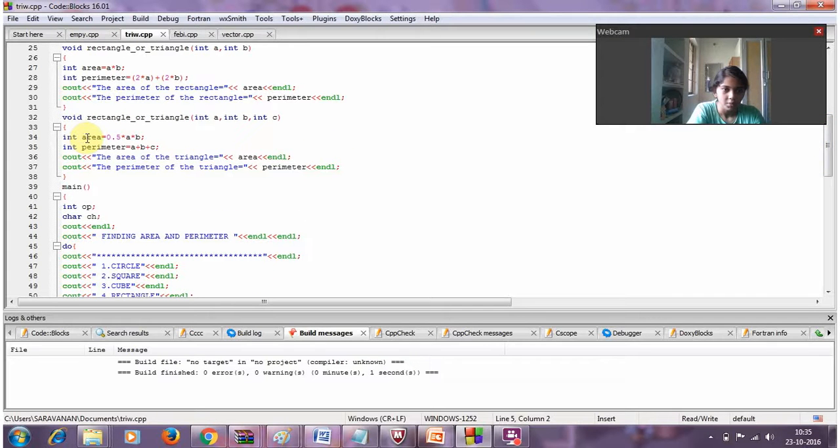And here I'm going to give it for the triangle. For the triangle, it is half into length into breadth. So I'm giving area as 0.5 into a into b and perimeter as a plus b plus c, length, breadth, height. So I'm giving this, and the area of the triangle and the perimeter of the triangle will be printed. In the main function I'm going to